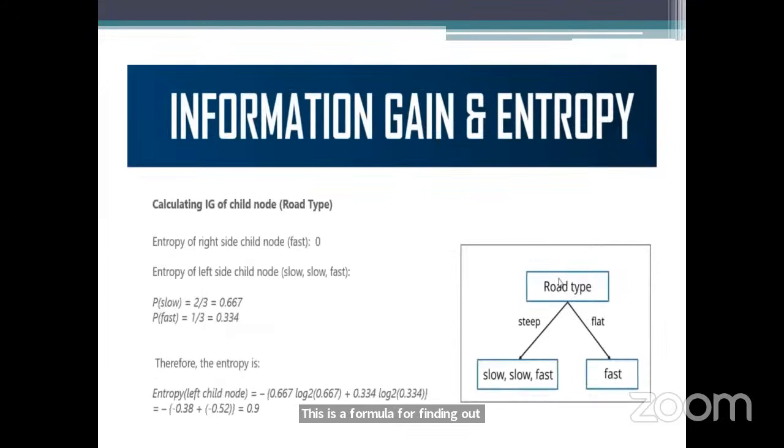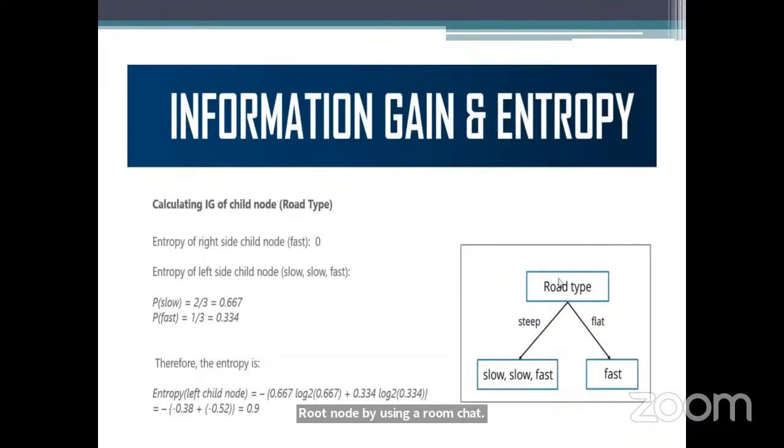So guys, remember that if the information gain of the root variable is greater than the information gain of the other predictor variables, only then can the root node be split by using the road type variable. So to calculate the information gain of the road type variable, we first need to split the root node by using the road type